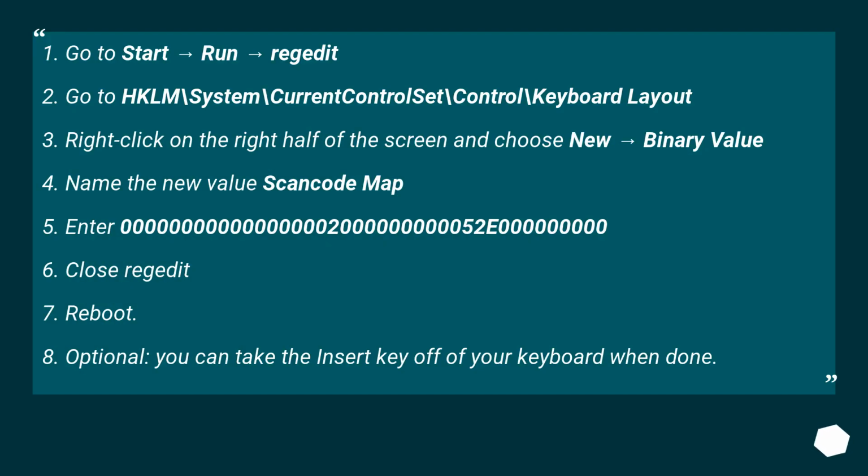Go to Start, Run, Regedit. Go to HKLM/System/CurrentControlSet/Control/Keyboard Layout. Right-click on the right half of the screen and choose New, Binary Value. Name the new value Scancode Map. Enter